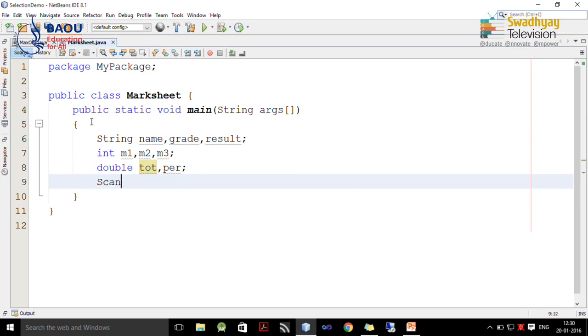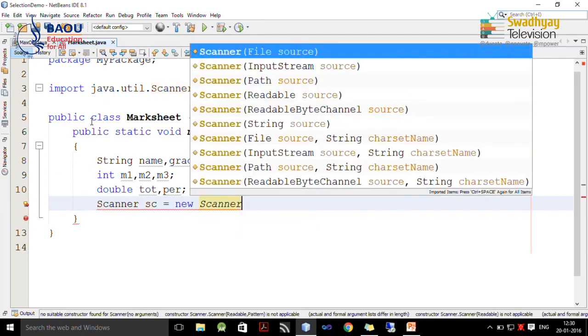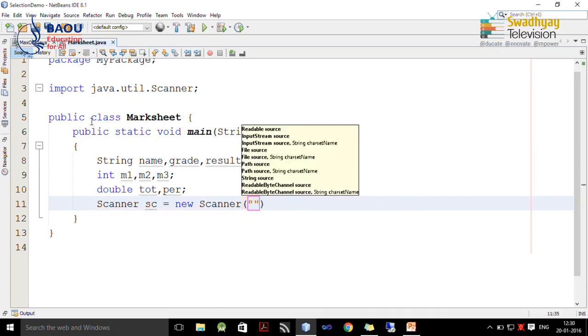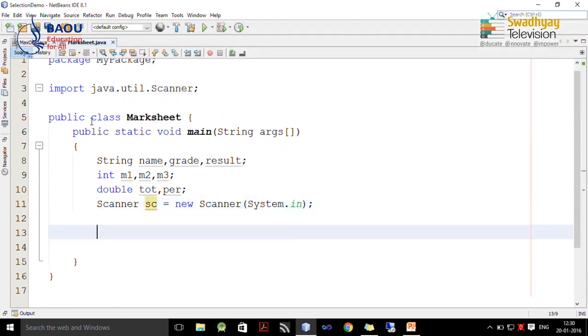And now we declare all the necessary variables. We declare a scanner class object and we create an instance of the scanner class object, and as a source we specify system.in which is the keyboard. So now all our variables and the scanner class are ready. We just want to read all this information and find out total, percentage, grade and result.